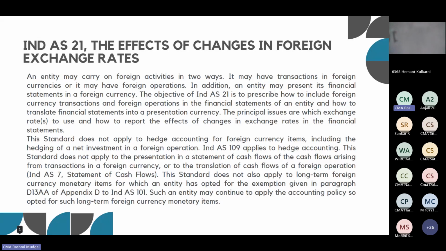So definitely this will end up with exchanging currency with each other. And if I am exchanging currency with other countries, the exchange fluctuation will definitely impact my P&L. Okay, so what will I do if I have an exchange loss? What will I have to do if I have an exchange profit?